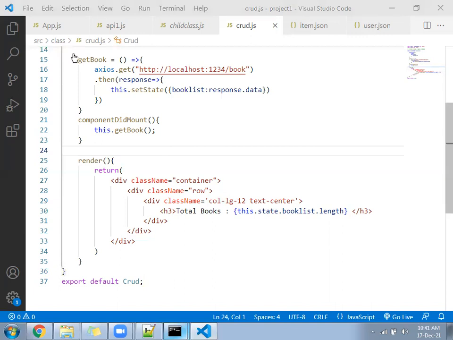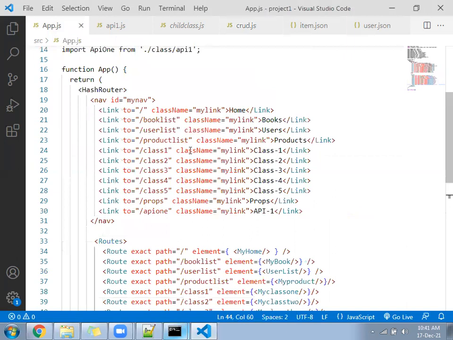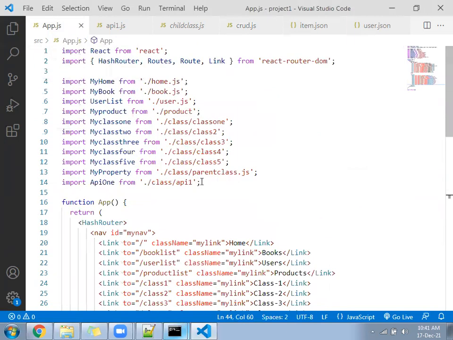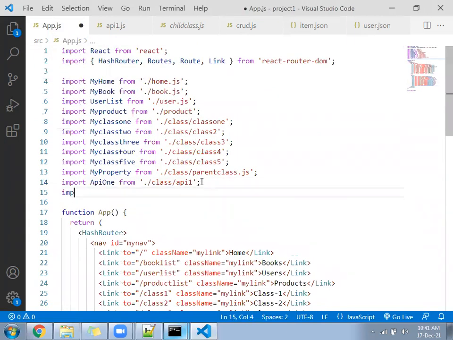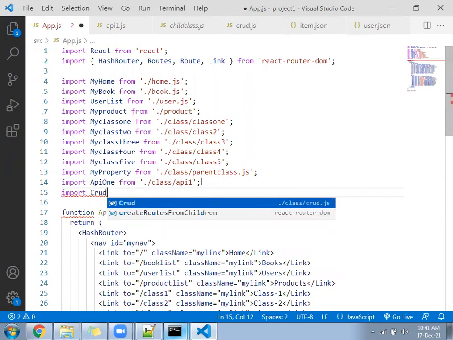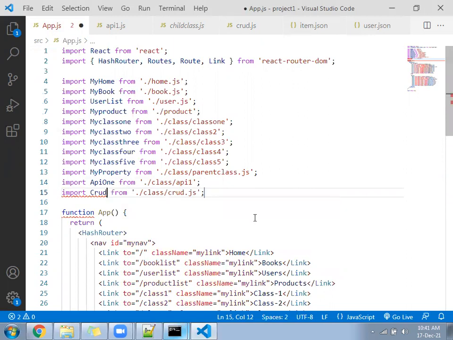Let me come to the app file. We'll do the import part. Import CRUD. Come down below.